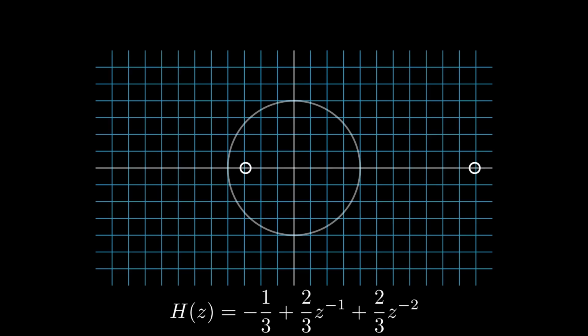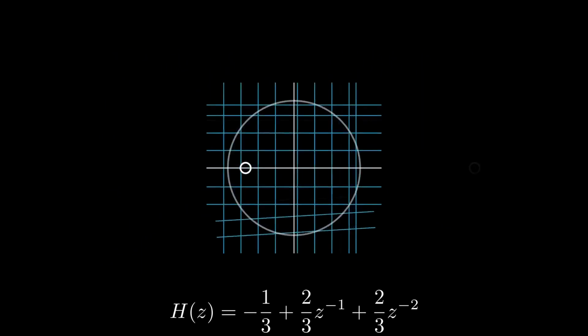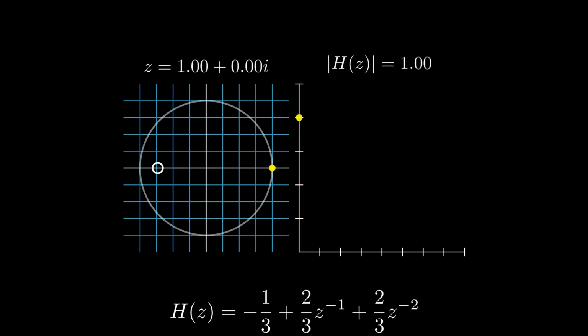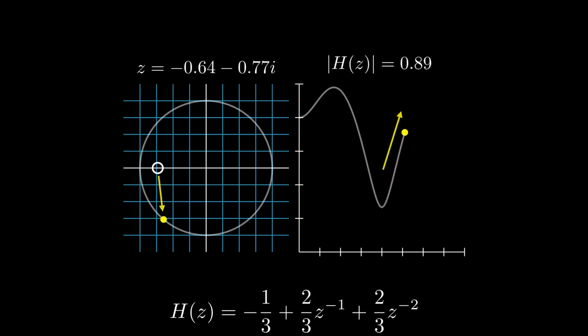The pole zero plot is useful for us because as a general rule of thumb, the closer a Z value is to a 0, the more the output of the transfer function at that Z value will be attenuated. Let's bring in the magnitude plot to see that a bit better. You can see that as we move along the frequency spectrum, the closer we get to the filter's zeros, the lower the magnitude response of the filter becomes. Conversely, as we move further away from the filter zeros, the magnitude response of the filter increases.